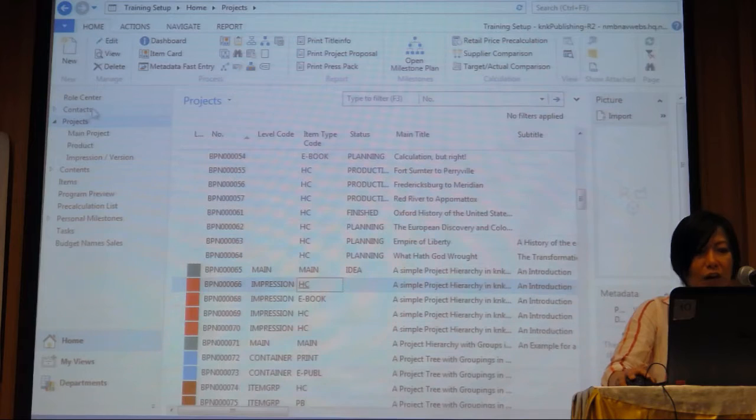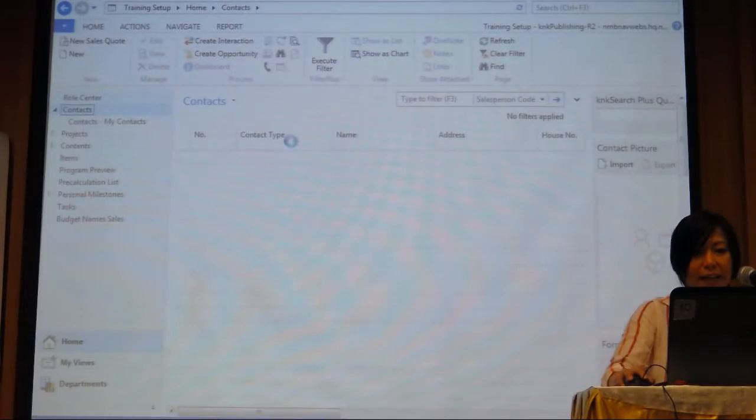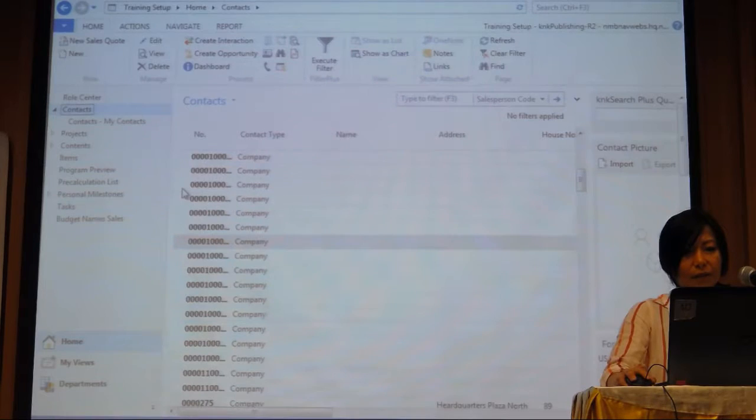So if we have a look at the contacts, if you will have metadata on the contacts,